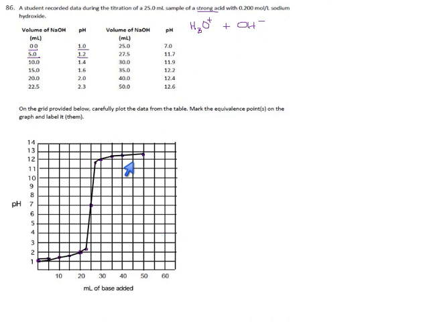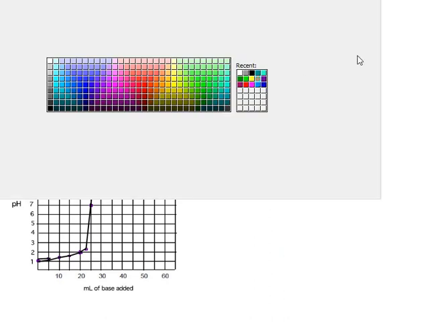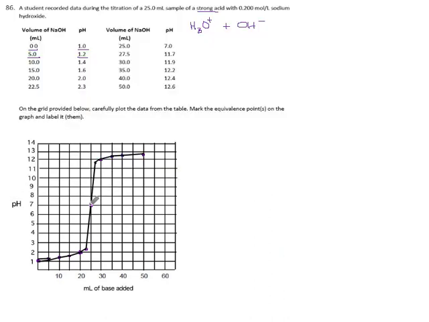Now, right in the middle of this, right in the middle of the spike, we identify a point, and we call this the equivalence point. You remember when we were doing our titrations, we always said that the number of moles of acid was equal to the number of moles of base. Sometimes it was 2 times the number of moles of base, or it would be a 2-to-1 or a 1-to-2 ratio, but in general, assuming it's a 1-to-1 reaction, we'd say the number of moles of these two things were